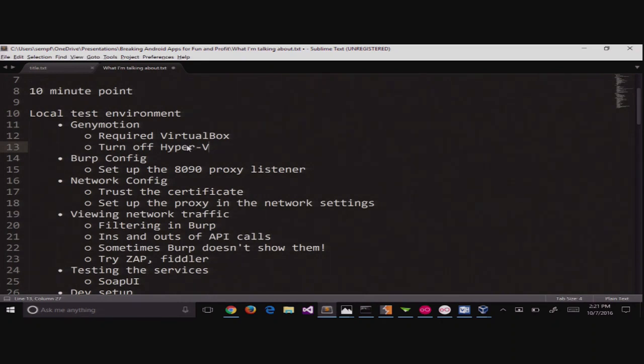Secondly, Genymotion must run on the metal. You cannot set up a VM, install Genymotion on it, and then run Android apps inside the VM. It simply will not let you do that, and it tells you that like line 1 in the documentation. So everything has to be straight on the metal.